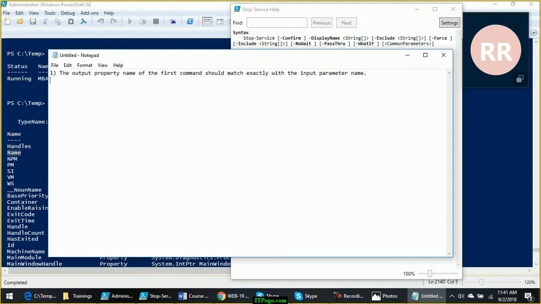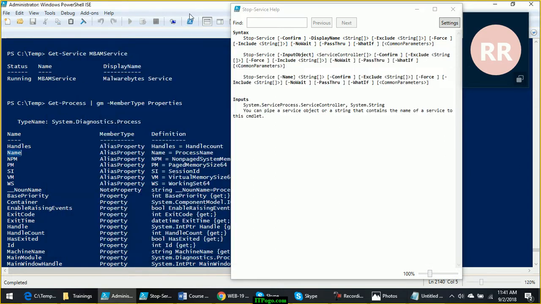This is the first rule. The first rule is successful. Name is the property name of the Get-Process cmdlet, and Name is also the parameter name of the Stop-Service cmdlet.